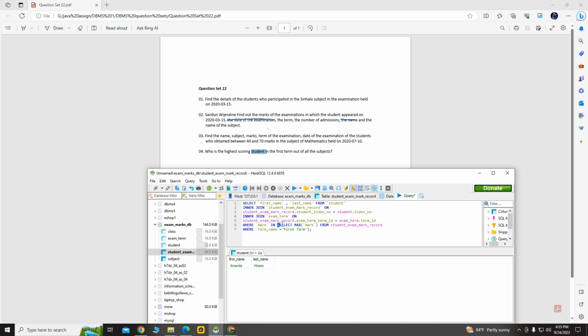We have created a subquery to find the maximum mark from student exam mark record given the condition that the term name must be first term. So after executing this, we can get the highest scoring student in the first term out of all the subjects